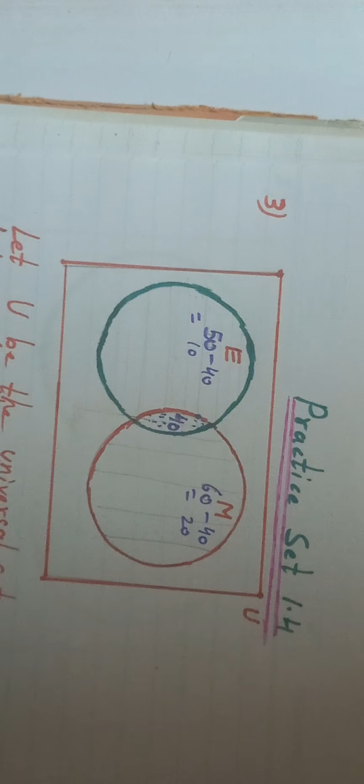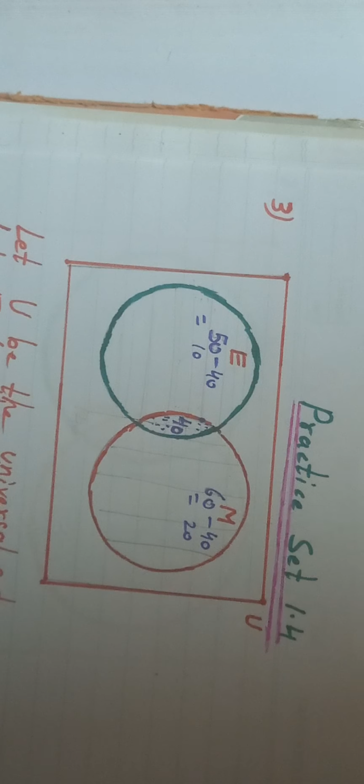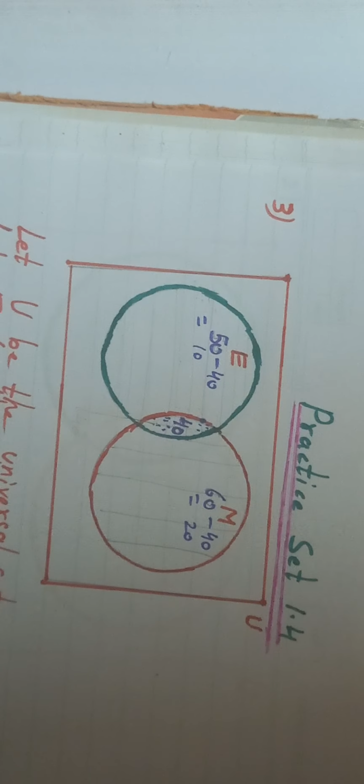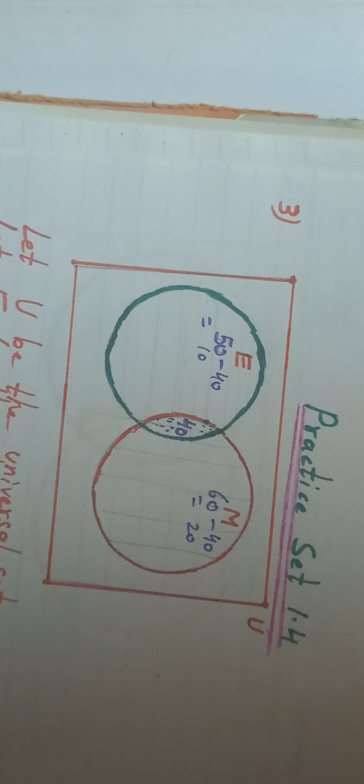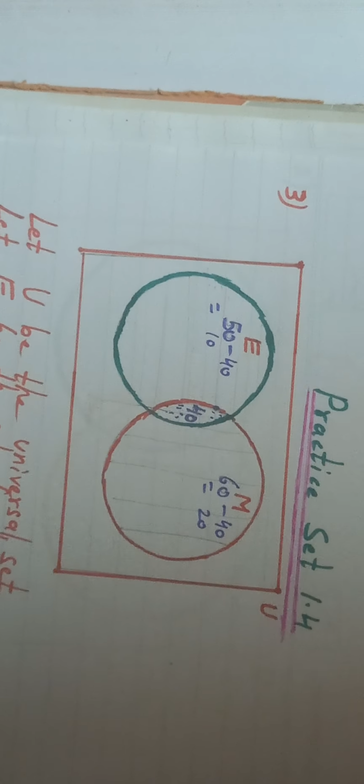So now at least in one of the subjects is our formula of A union B. The element belongs to A. If it does not belong to A, it will belong to B. And belonging to both, we are writing it only once. Correct? So A union B you have to find, at least in one of the subjects. If not E, then M. If not M, then E. So we are mentioning A union B as at least in one.